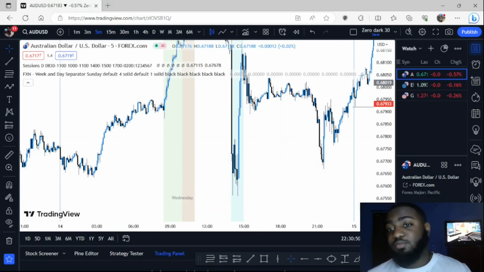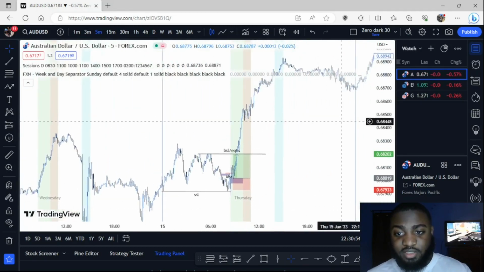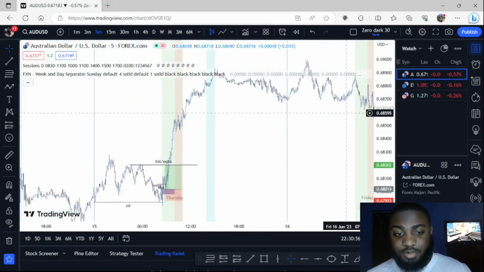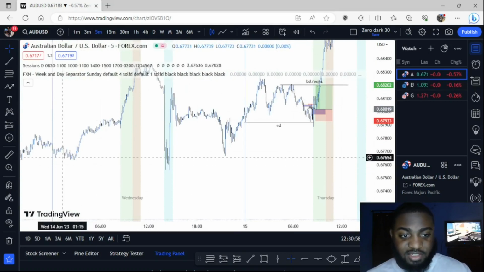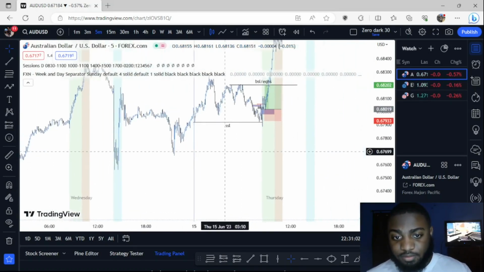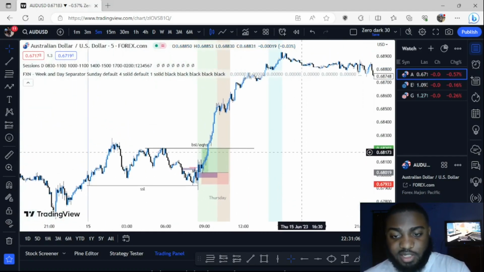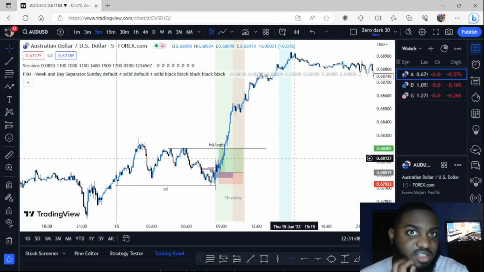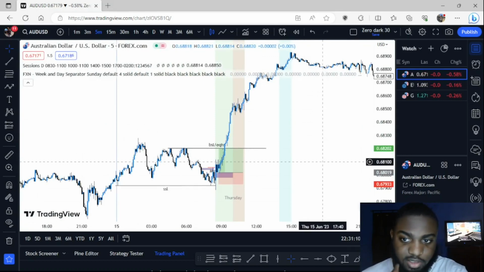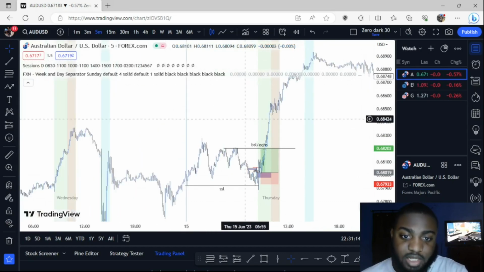What happened? Boom. After that, price took off for the rest of the week. For the rest of the week, price was up after taking this little area. You know why? Because it had all this liquidity left here. And that's just a basic example of how that works. Did I talk about everything? Talk about liquidity, how to find it. Oh, also how to find liquidity.